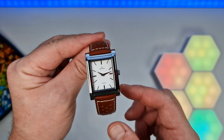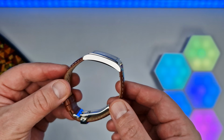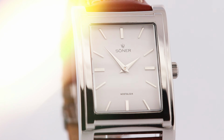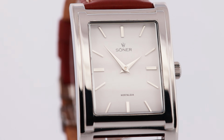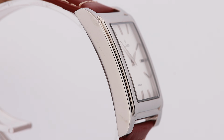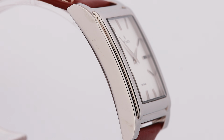It's 28mm in width, 40mm lug to lug, and from the side you'll see this really nice curve, and actually allows for the watch to sit very nicely on the curvature of your wrist. It's really high shine, and the case steps up to form this double frame on the face of the watch, adding a bit more complexity in comparison to its brothers, the Legacy and the Momentum. Now the case really has a slim profile too, 7.2mm, which gives this case, for me, real aesthetic appeal. I mean, it really is a very sleek